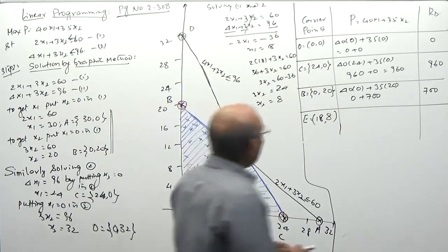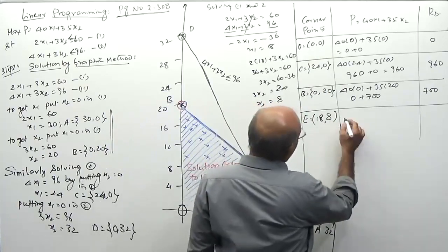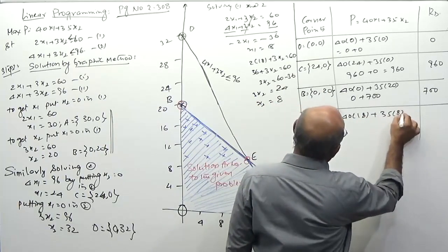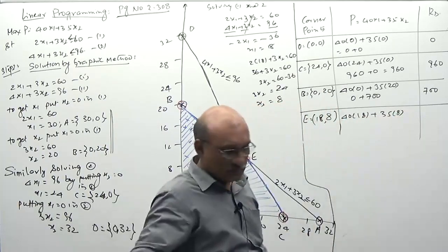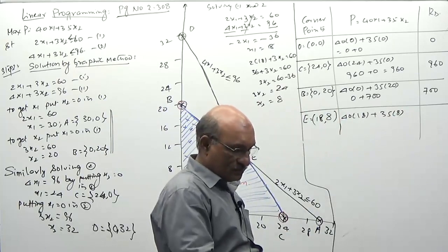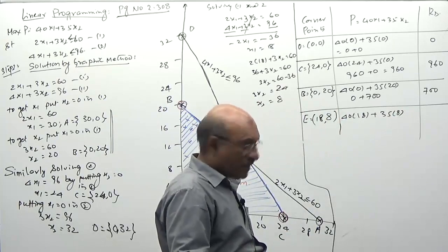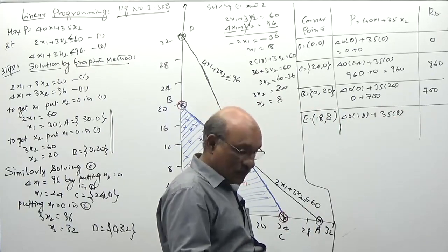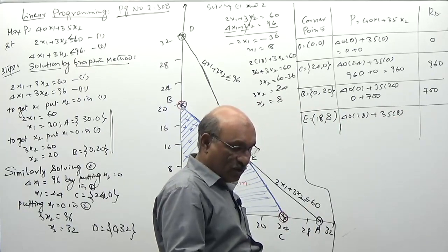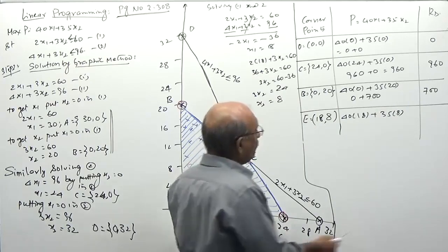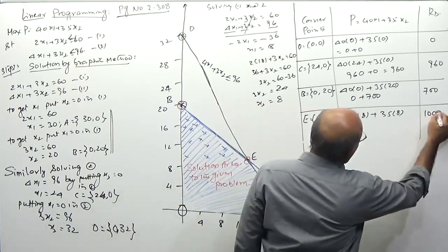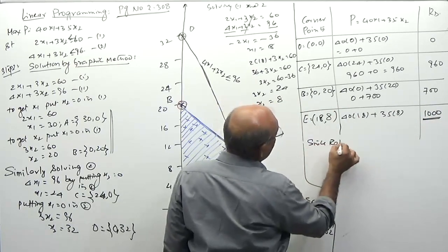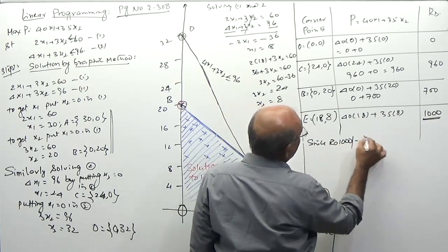For that, let us calculate the profit at this point also. 40 into 18 plus 35 into 8, which comes to 1000 rupees. Since rupees 1000 is maximum profit,